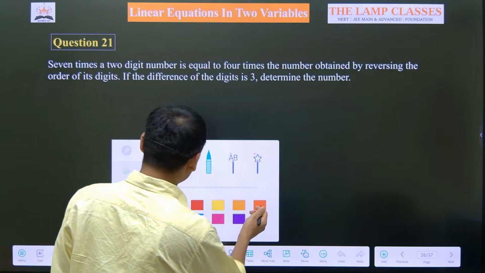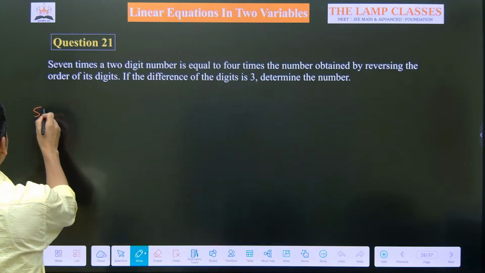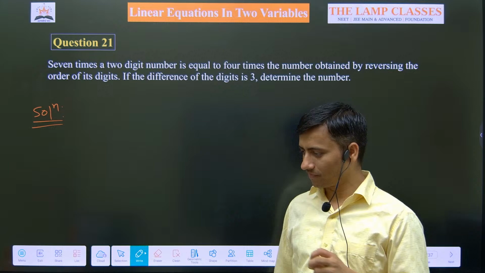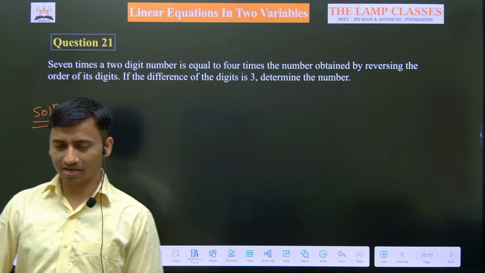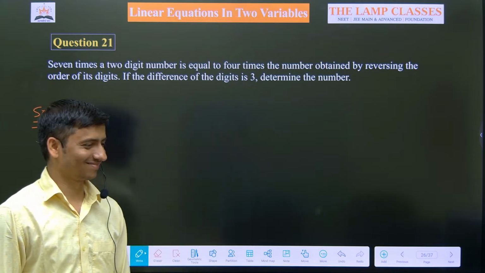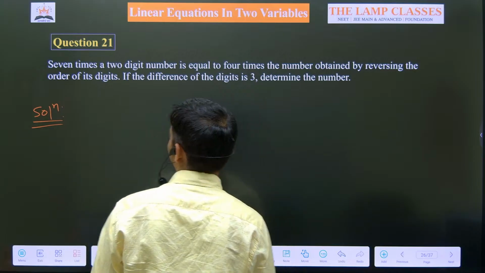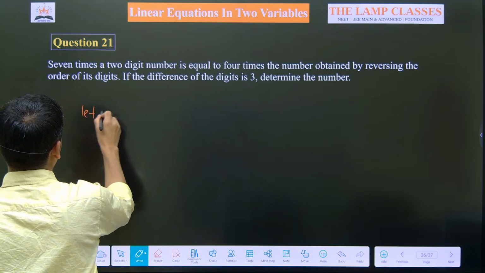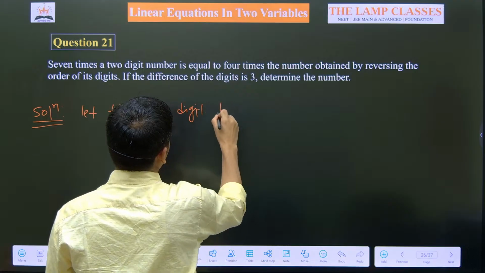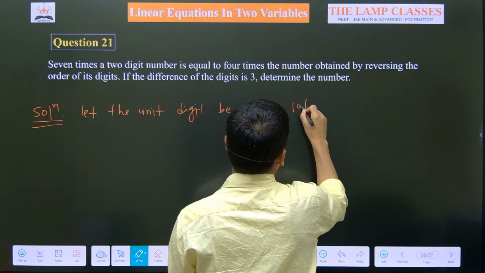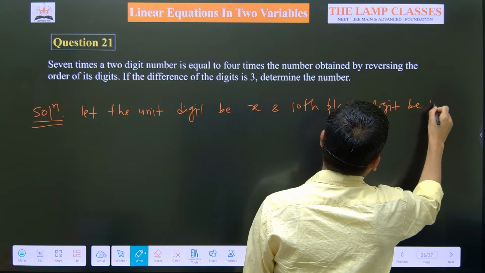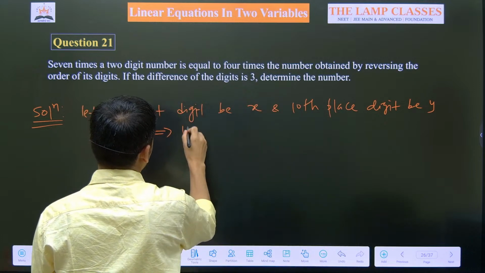Okay guys, so let's frame the equation for this. There is a 2-digit number. Now whenever they relate a question to 2-digit numbers, we can start by assuming the unit digit and the tens place digit. So we can take, let the unit digit be x and the 10th place digit be y. So can we say basically the number is